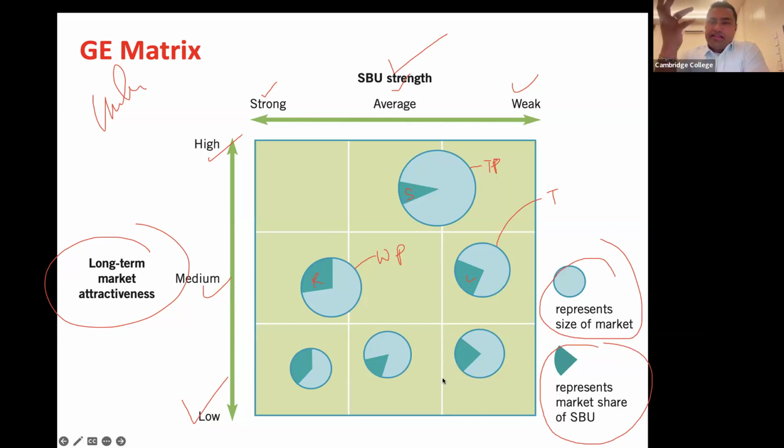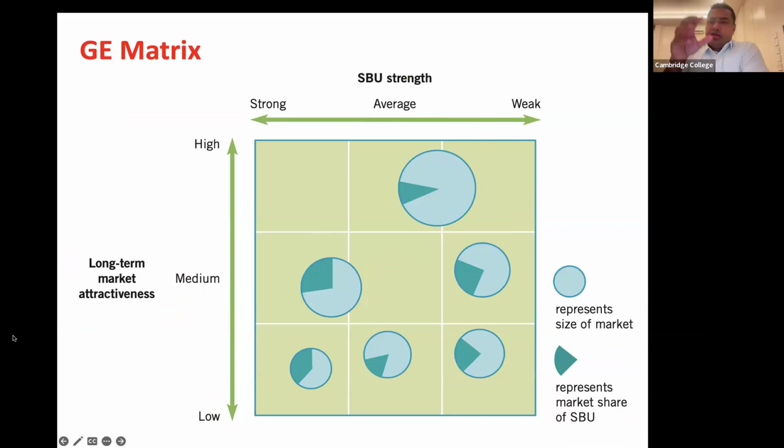They're both portfolio analysis tools. But the BCG is more used in portfolio analysis, but the GE matrix can also be used in addition to your portfolio. It can be used to analyze country markets like this,